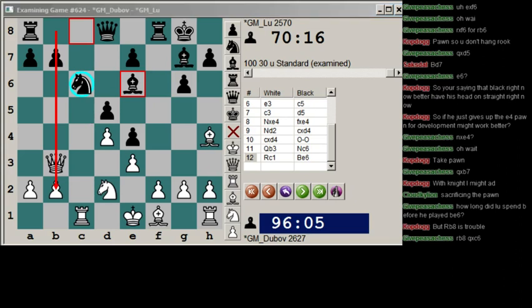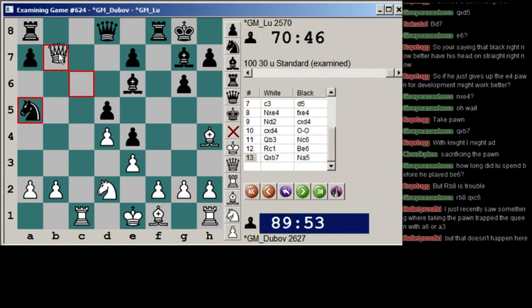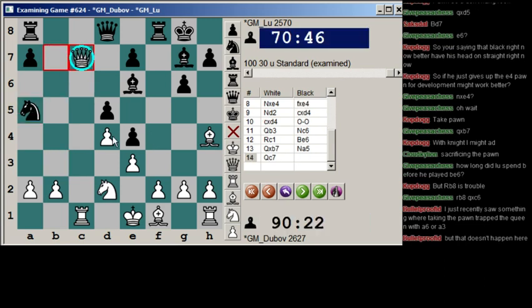So the question is, what should happen here? What do you guys think? Should white take? I already showed you that this queen is never getting trapped. Even at the very least, you could just play queen c7 here. At the very least. And this must be completely good for...